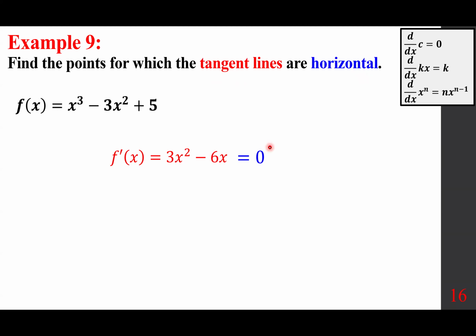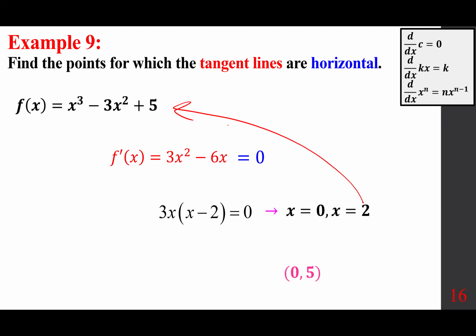So to solve this, we're going to factor out the 3x. We get 3x times x minus 2. And x is either 0 or 2. And by the way, it doesn't matter that you have 3 here or 3,000 or negative 1/2, it makes no difference. It's just a coefficient. X is 0, x is 2. Now, it's important to know those represent two different points. So if I plug in 0 here, I hope you see that I get 0, 5. If I put 2 here,